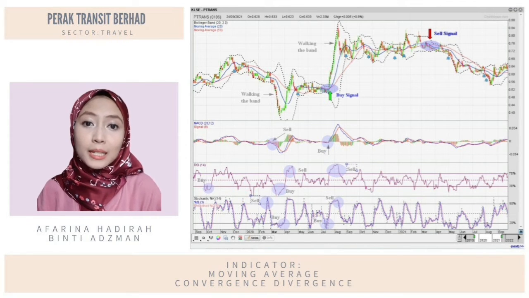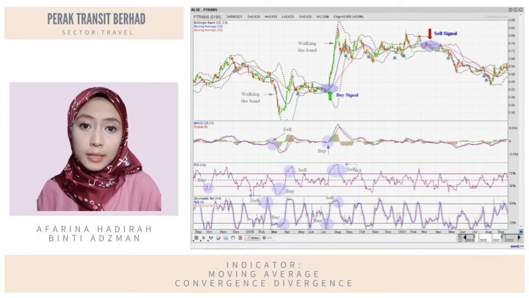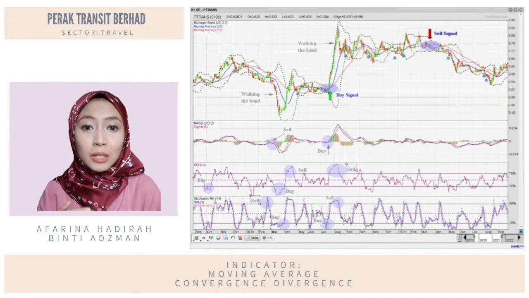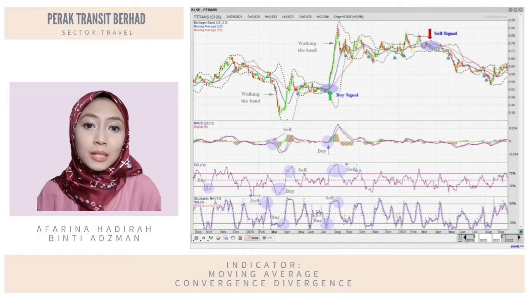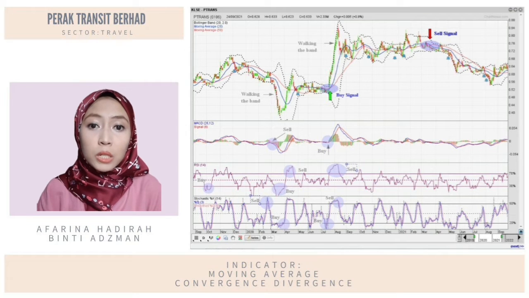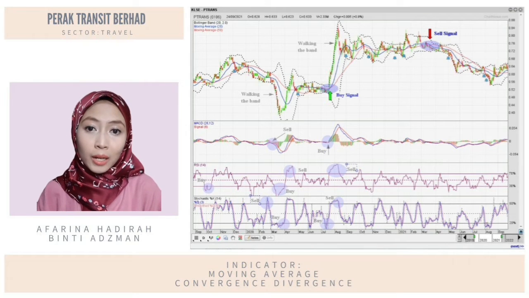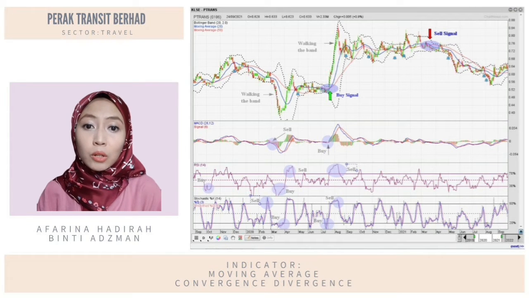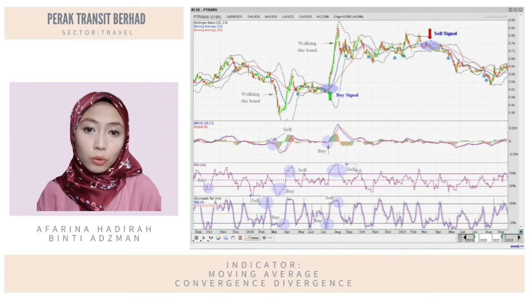As we all know, MACD is the most well-known indicator for traders. The sell signal for MACD can be seen in March 2020 when the MACD line in blue color crosses below the signal line in red color and below the zero line. To confirm this is through the MACD histogram, which turns down below the zero line. The buy signal is in July 2020 when the MACD line crosses above the signal line and zero line. Another way to confirm the buy signal is through the MACD histogram, which turns up above the zero line.